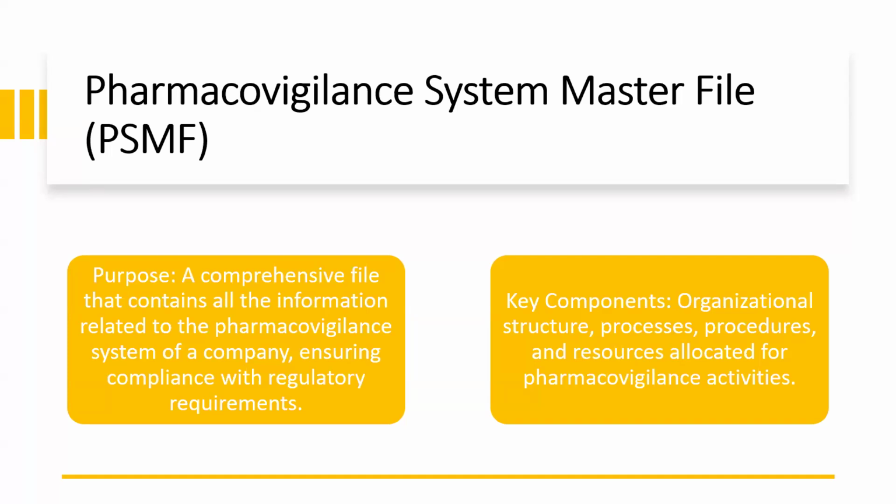And when we say PV activities, how many staff are in the ICSR process, how many in PSMF, how many in PSUR or RMP. So that kind of bifurcation is also required. Okay,